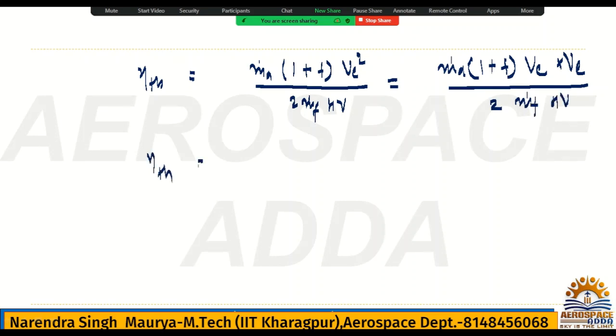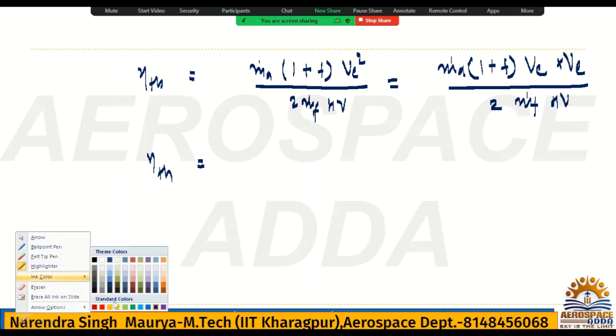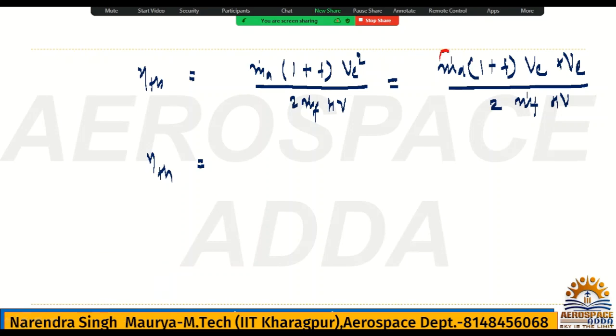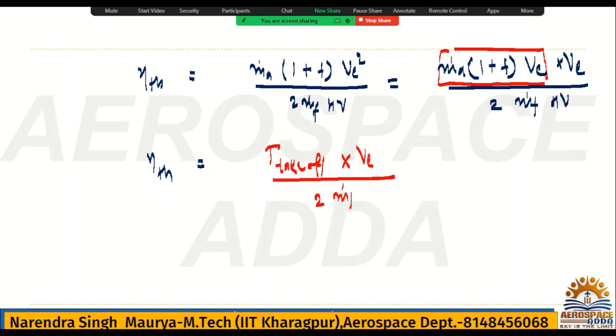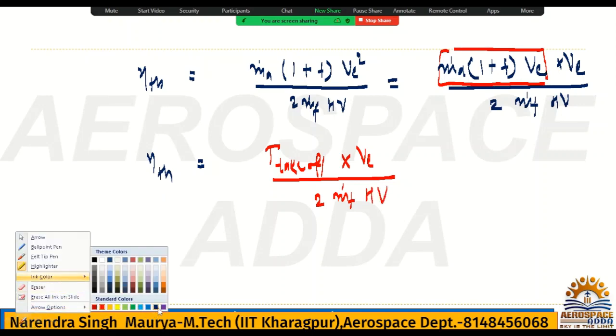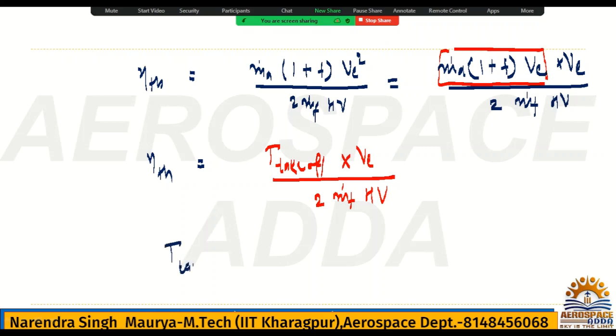What is the eta th? Check m dot a (1 plus f) VE, this value is nothing but takeoff thrust. So what is the takeoff thrust? Takeoff thrust is nothing but 2 m dot f